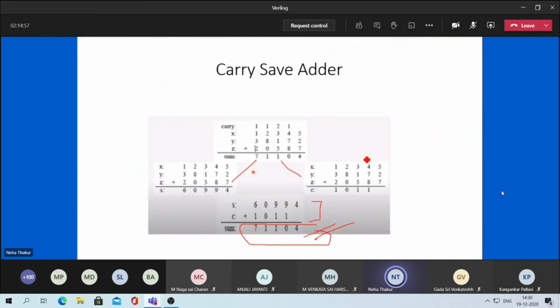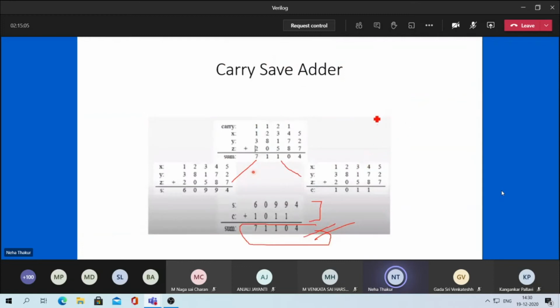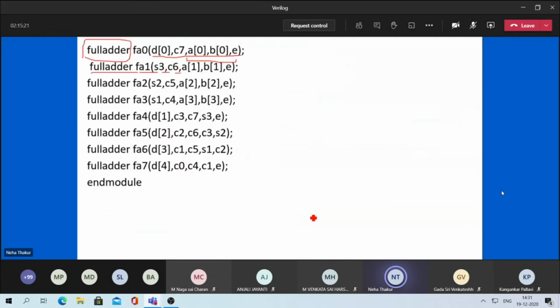How come C7 is coming? From the figure it is C0, but how is it becoming C7? Here this is your C0, but actually you are adding it at the last of the sum, so it is actually getting added at the end.